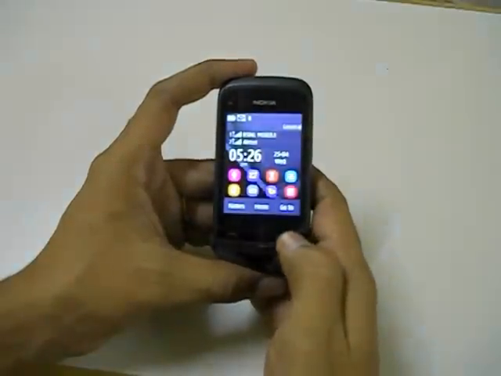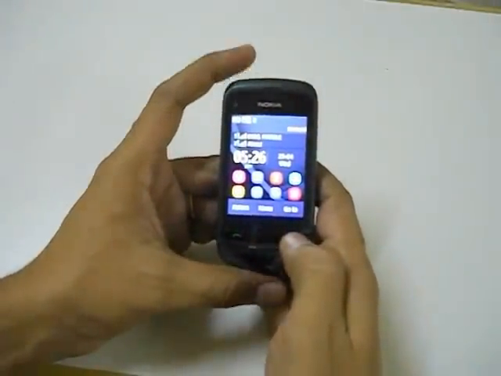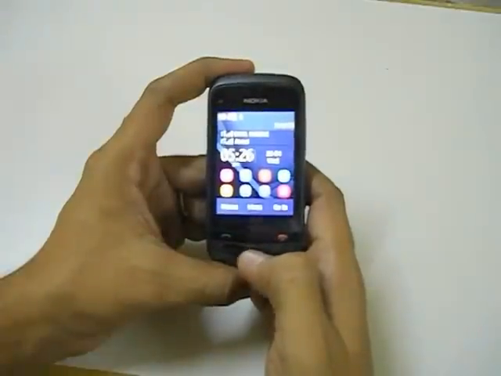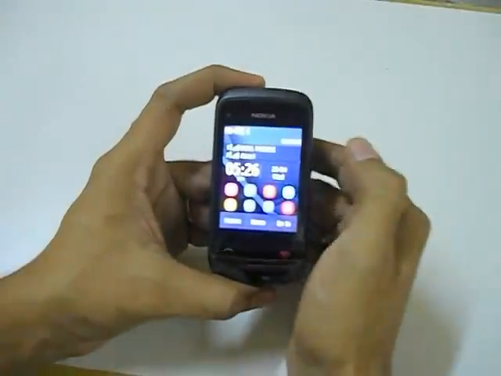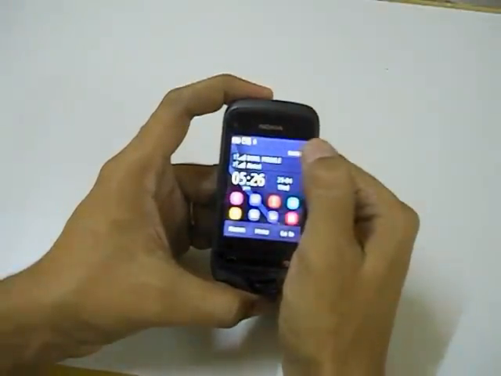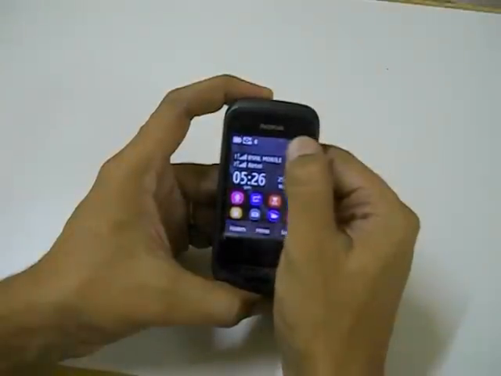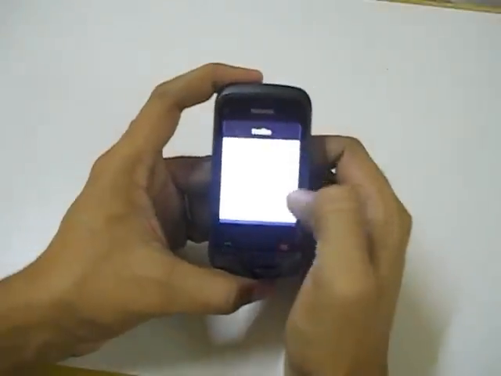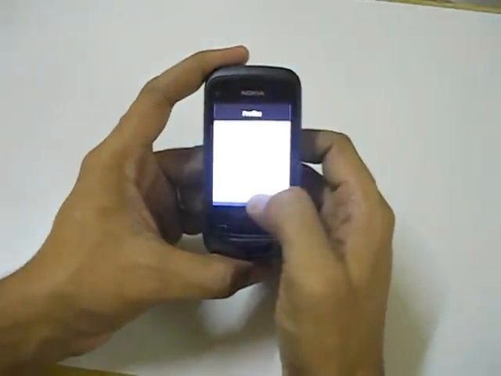Now we'll see some simple tips to use the phone. First off, to change a profile, we can do it from the home screen. Tap on the profile name displayed on the top of the screen. Then it will give you all the profiles available. You can select a different profile, whichever you want, or go back.